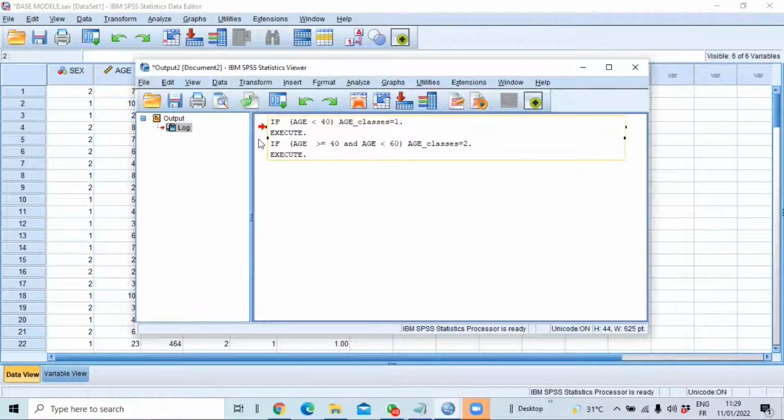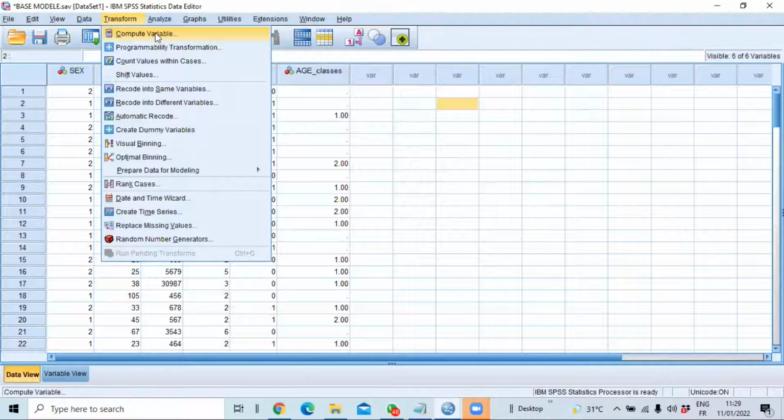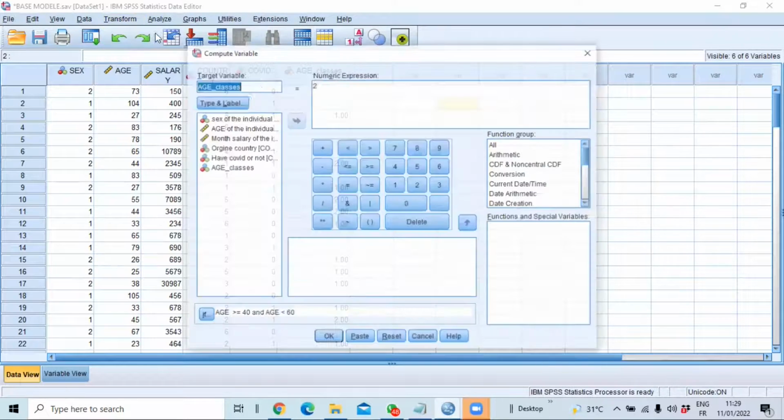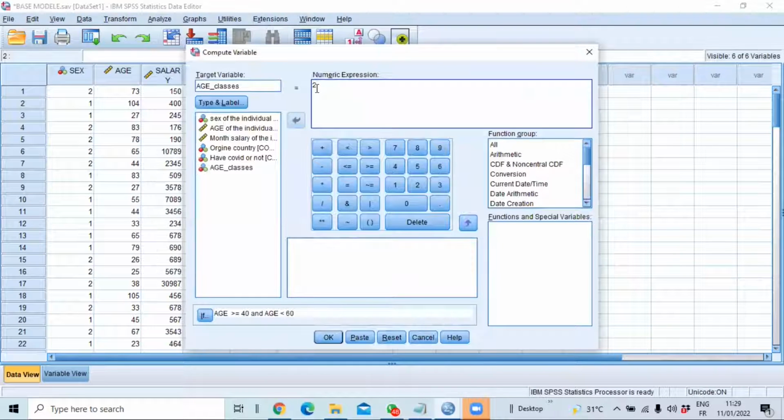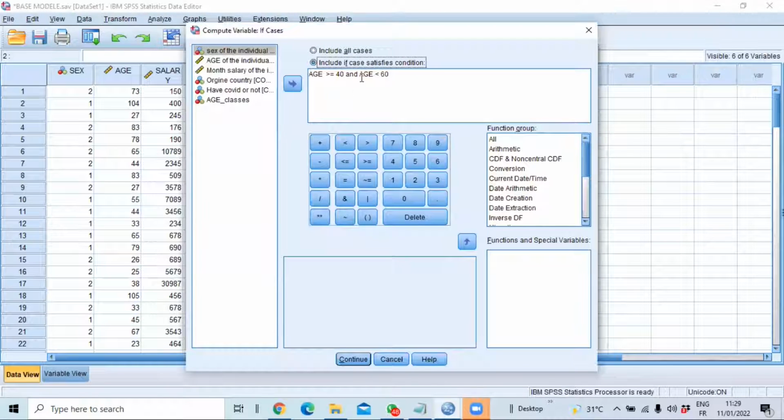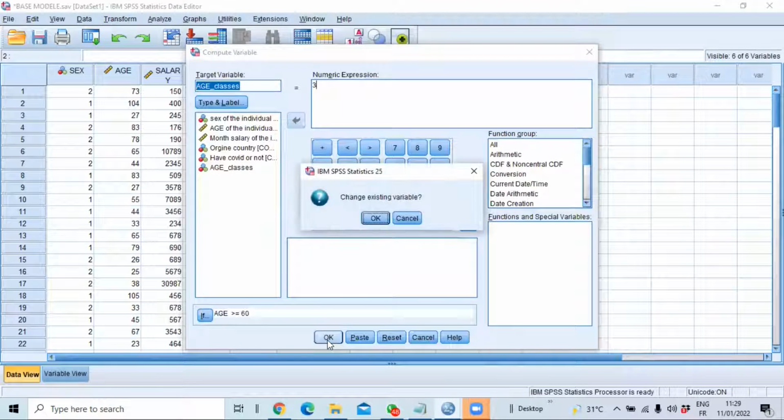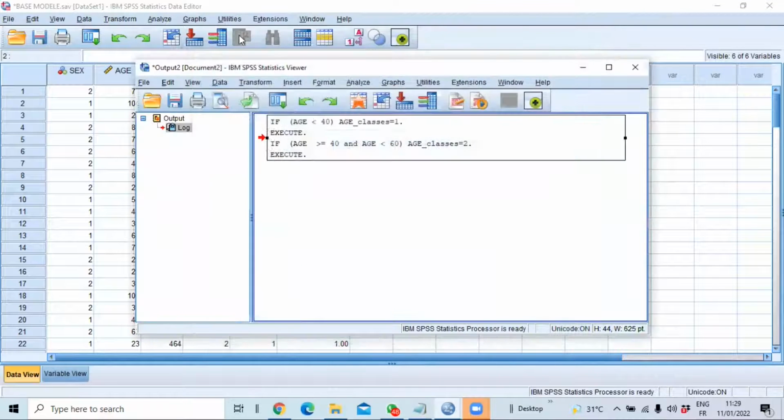I can see that our second class has been generated. We'll generate our third class by clicking on Compute Variable, and then we will put here 3. Our third characteristic will be if age is more than 60 years old. Then click on Continue and then click on OK, and you can see that